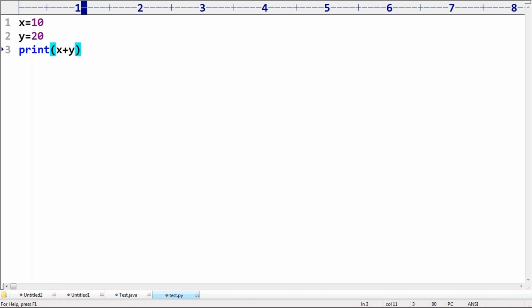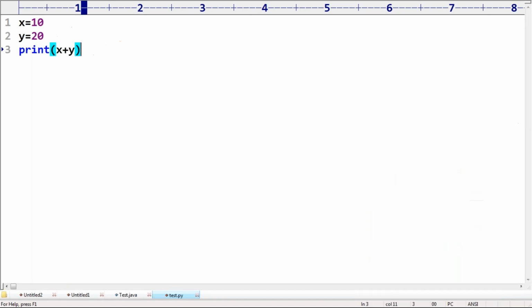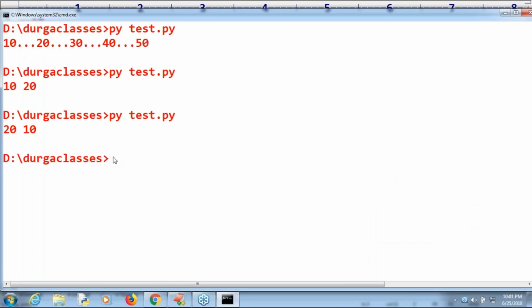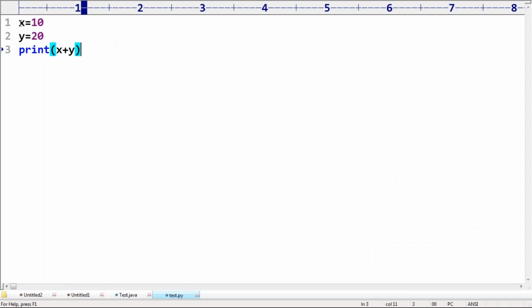No functions, we are not going to call anything, just a sequence of lines. First this line is executed, next this line, and after that this line, right? Print of x plus y, and happily 30 is what you get. Yes, this itself is Python, a scripting language. A sequence of statements is executed.